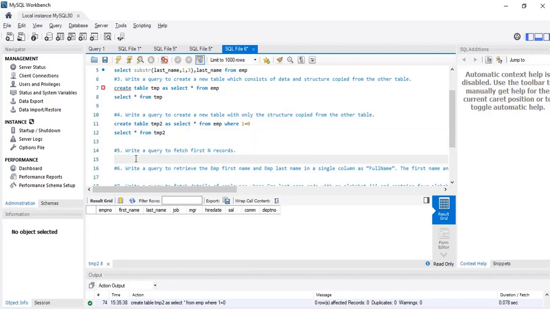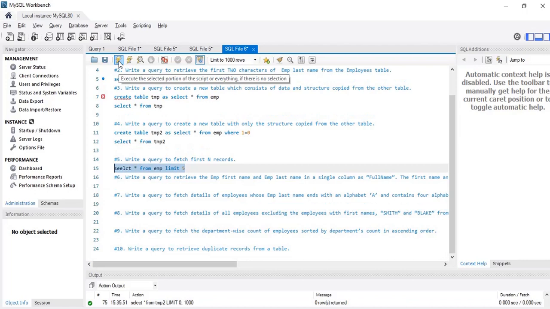Write a query to fetch first n records. Let's say how to fetch the first 5 records in MySQL. So if I write select star from EMP limit 5. Okay, I have to write order also.